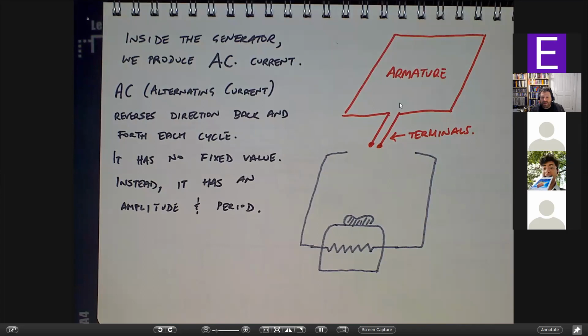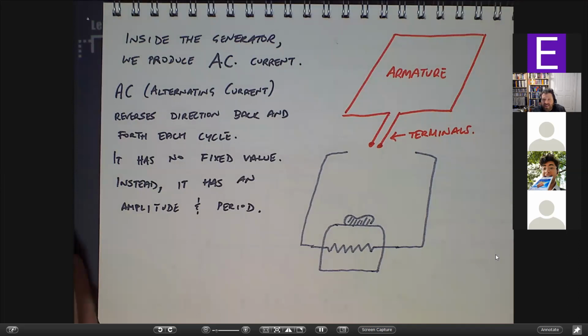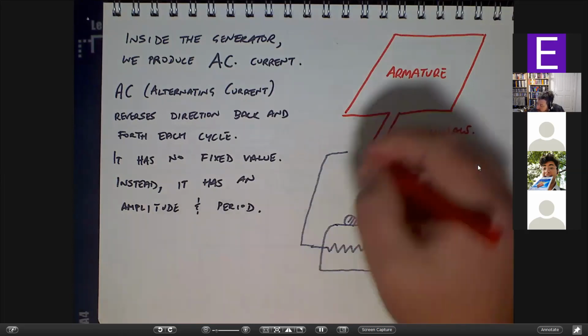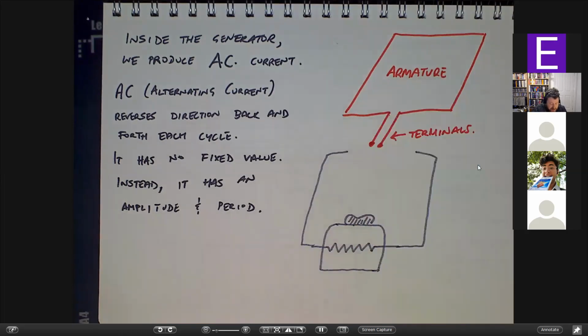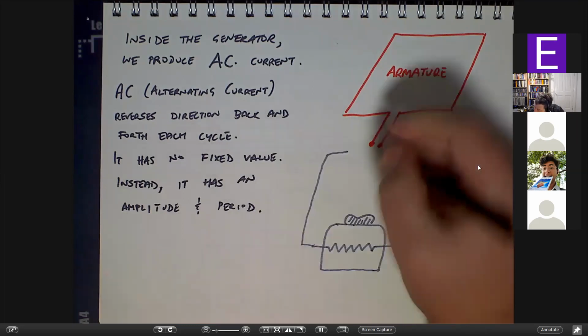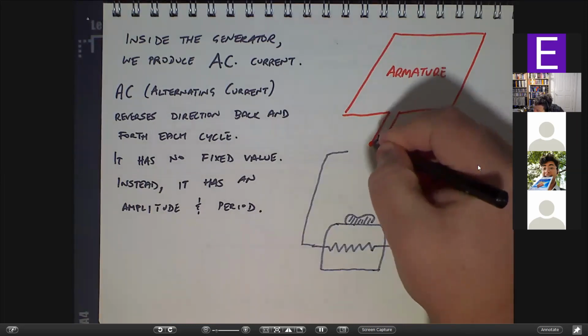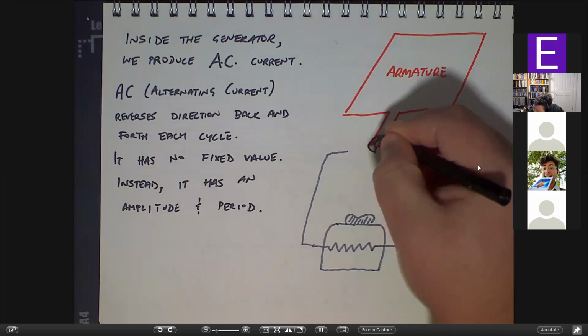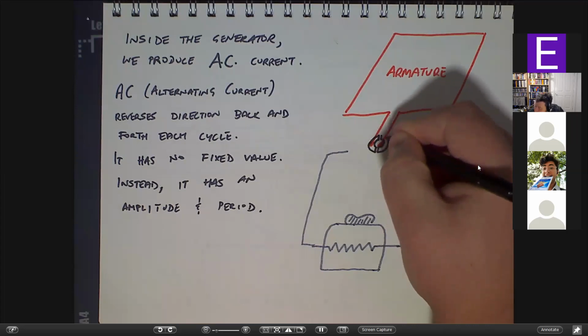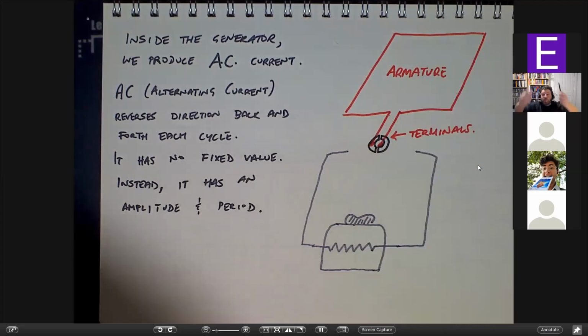Like using the brushes? Sorry, two people talked at once. What was that, Jai? Using those brushes, the commutators? Fantastic. We could use a commutator, right? So one way we could achieve this is we could use a split ring commutator. Remember, I'll draw it in black because it's the important part here. It was like a little piece that looked like this that was connected to the armature and spins with the armature,